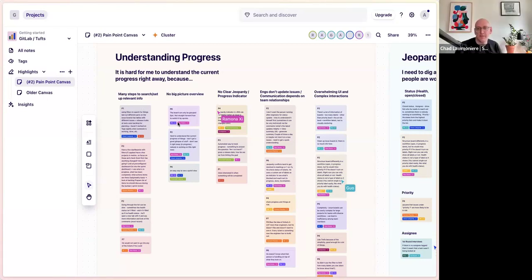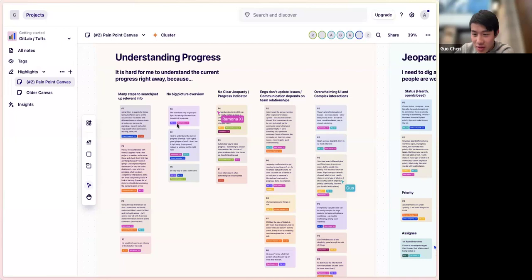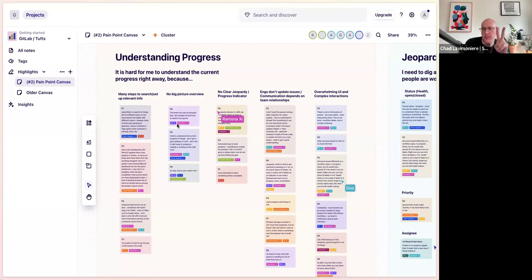All right. So what do you got? Is that all 5 of you? Yes. Okay, so it seems like it's mostly about UI. It's, I guess, labels and surfacing relevant metadata, and also unclear jeopardy and progress indicator as the top two ones. I see. Yeah, so we've got unclear jeopardy as first.